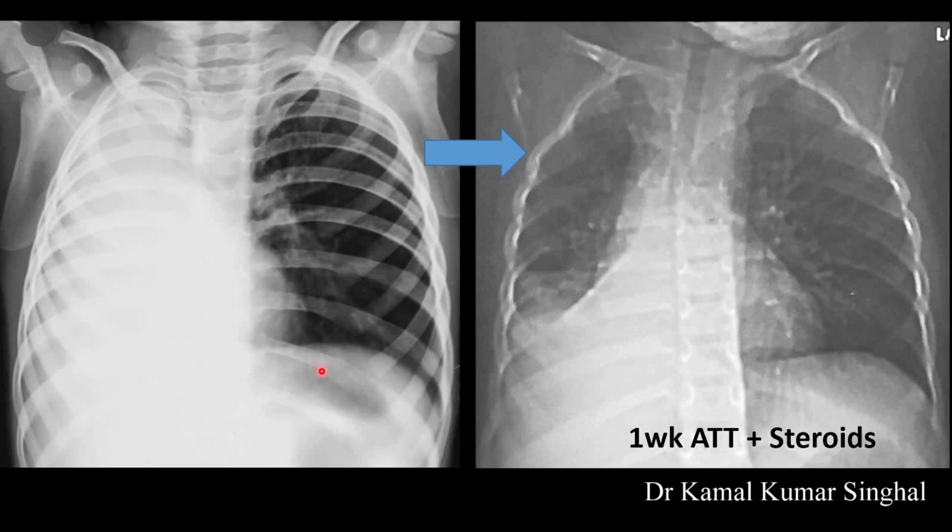So interestingly, the story doesn't end here, and this child has been started on antitubercular therapy and steroids by somebody, and he has come back. And now what we see here is that the right upper and the middle zone is relatively opened up, and what we have is a straight border on the right side indicating a right lower lobe collapse. So what this case scenario essentially demonstrated is how, depending on the level of obstruction, the radiological manifestations can change from an air entrapment to complete collapse, and on decreasing of the obstruction it can again open up.